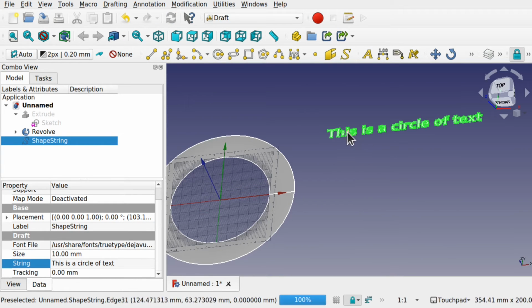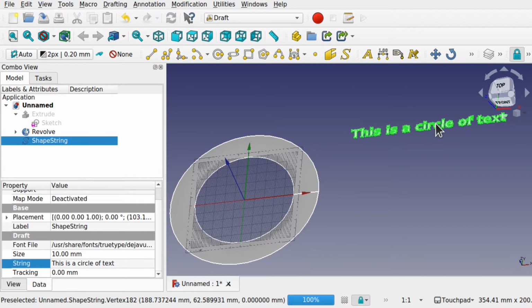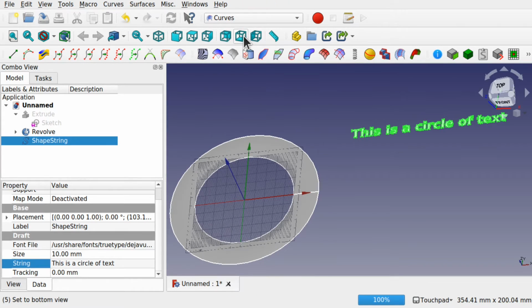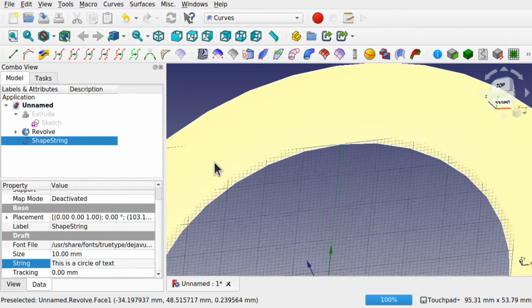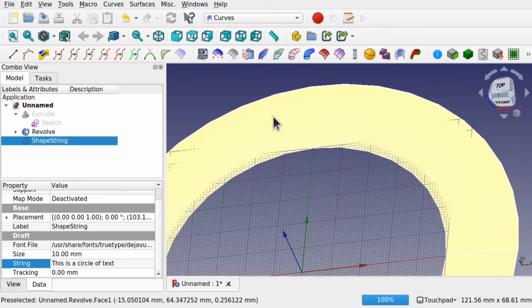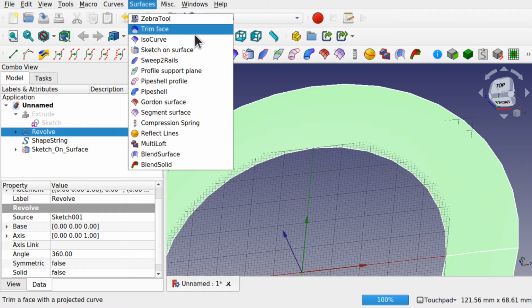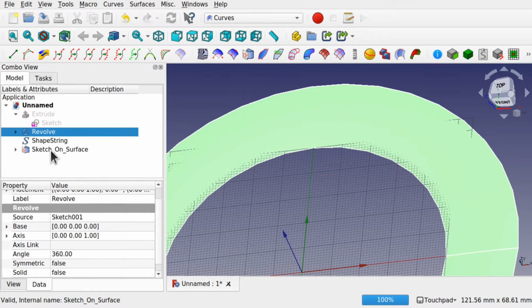So this is what I want to do. I want to update this and have it around this circle, but allow for any changes. So how do I get this text onto this curve, this surface here? Can come back over to the curves workbench. Now I've still got the gridding on, but I'm going to select this surface, so the revolve. Now I can do the sketch on the surface, this icon here, or come up to surfaces, sketch on the surface. We create a new